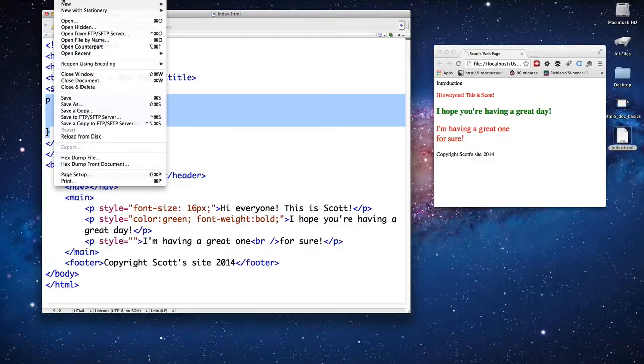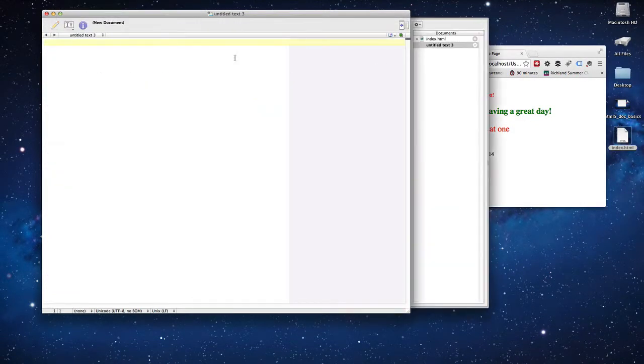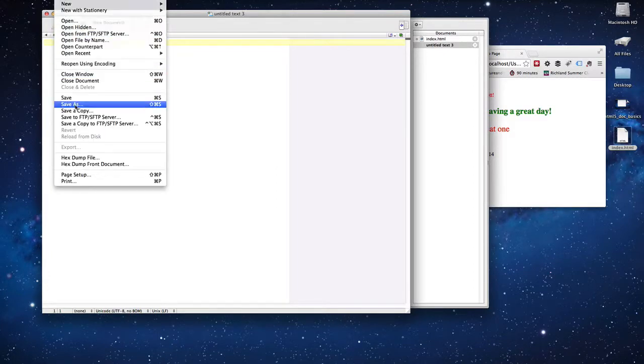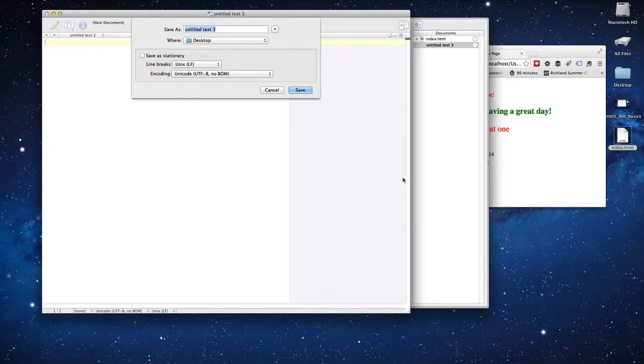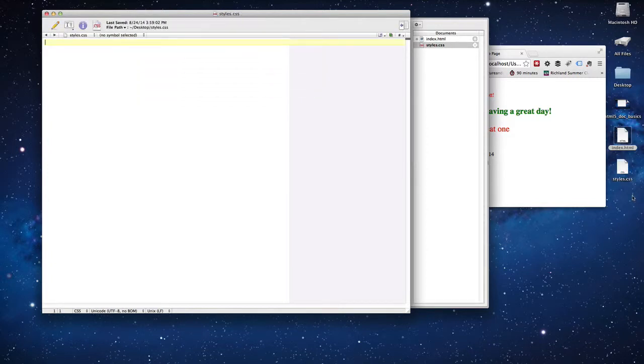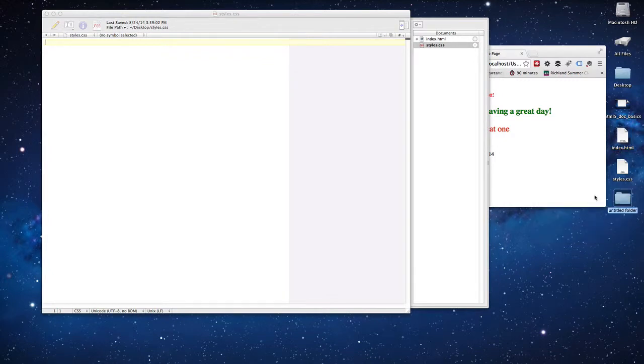I'm going to create a new document, File, New Text Document, and I'm going to make this a CSS document. So I'm going to File, Save As, styles.css, and it's going to save at the desktop, the same location I had for the other one. So I'm going to go ahead and create a folder on the desktop, and I'm going to drop the styles and the index document